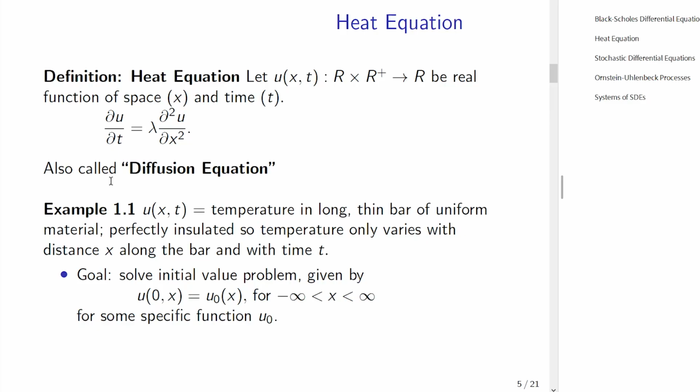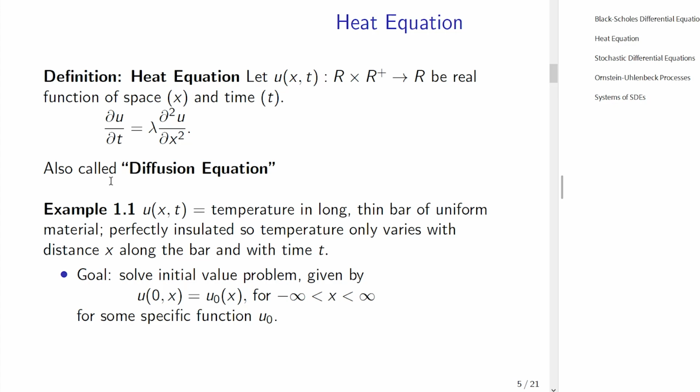So this diffusion equation is very fundamental to solving the Black-Scholes partial differential equations. And it's the simplest form of this second order partial differential equation that we can study and understand its solutions. So the heat equation